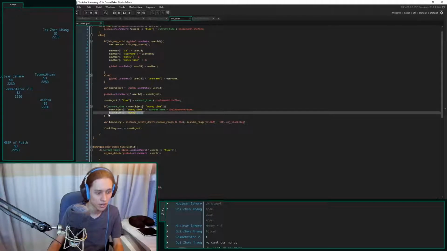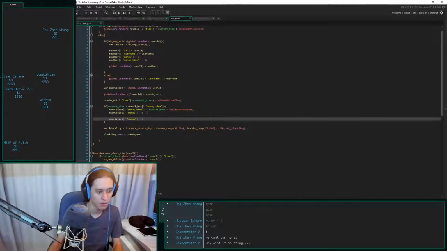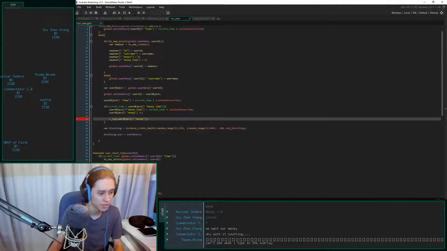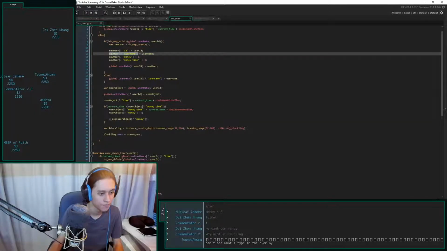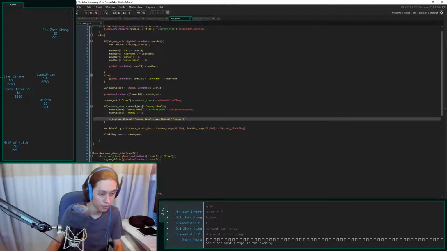Let's have a look at our... I'm going to log the money. I'm going to log if it's even doing stuff. So where is my... Let's also log the username. Because I want to log the username, and I want to log the money.